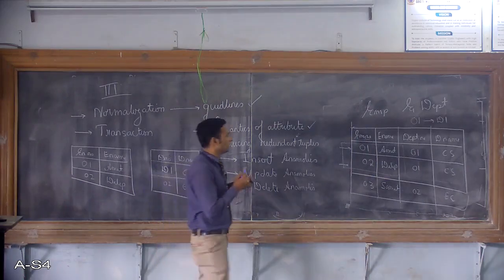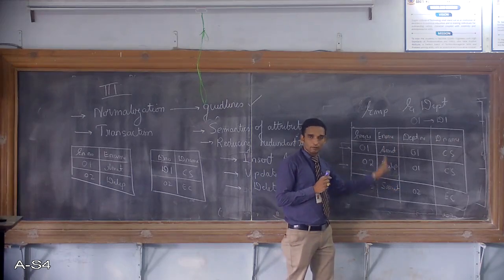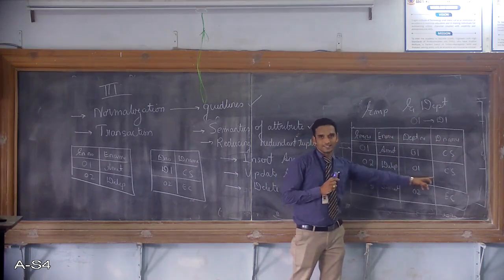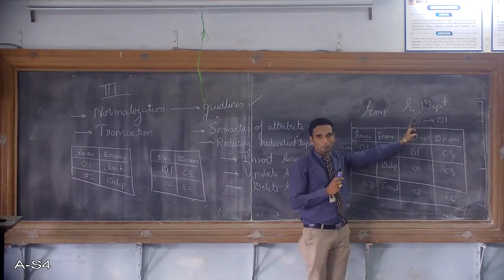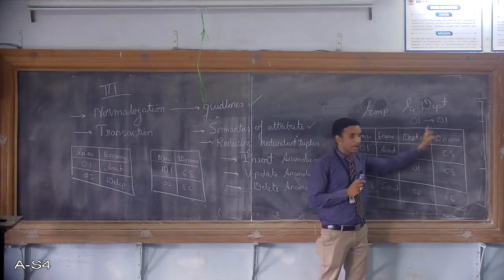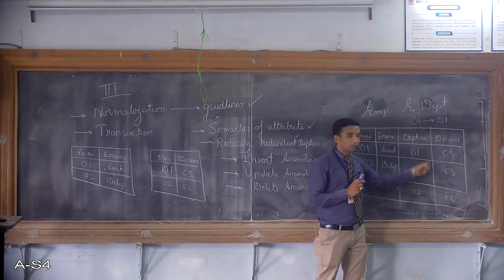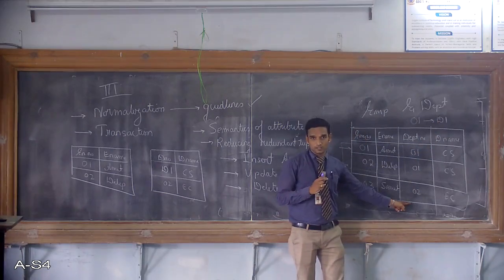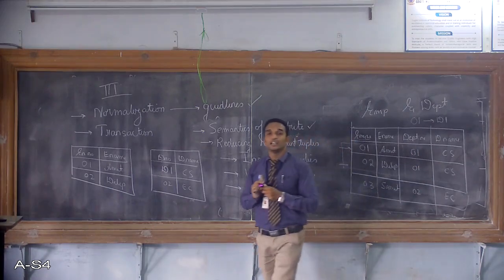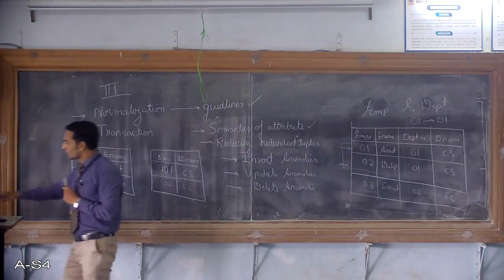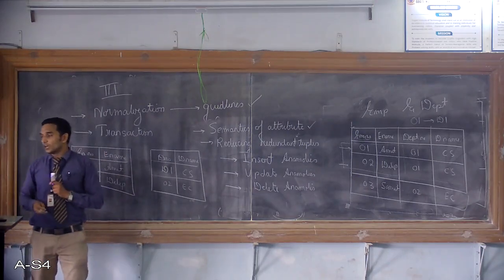Let me repeat it. Assume this table has 50 entries, or 50 employees working in department number 1 and CS. But down the lane, department number 1 changes its convention from 1 to D1. So what will happen here is, this 1 has to be updated to D1 50 times because there are 50 tuples which are working for D1. This is called update anomaly. And the last one is delete anomaly.